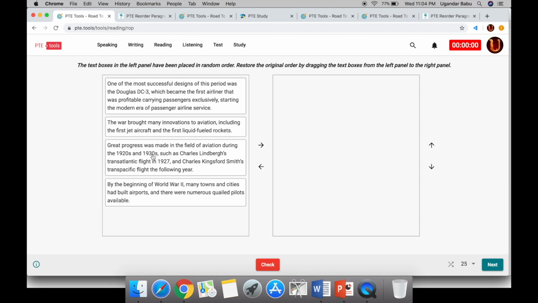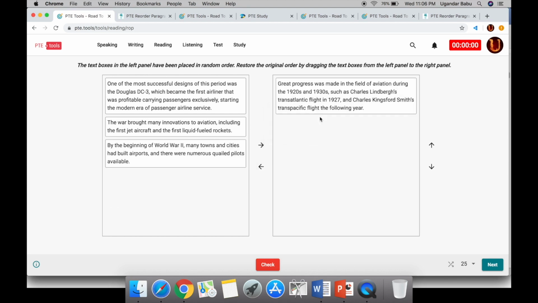So you can arrange these kinds of paragraphs only if you know the facts. And sometimes it will be mentioned as information era, industrial era and agrarian era in each sentence. You should know the meaning of these terms. Agrarian is the agricultural period, industrial is based on factories, which was in the 1950s, and information is based on computers, that is the current period. Understand these terms and practice as much as possible by knowing the meaning so that you can answer quickly and correctly. So this should be the first sentence.